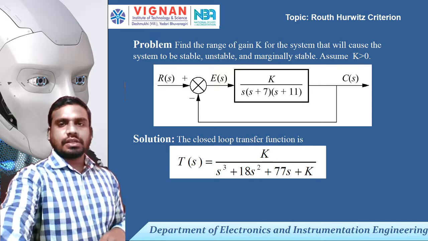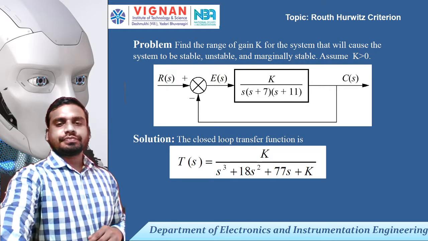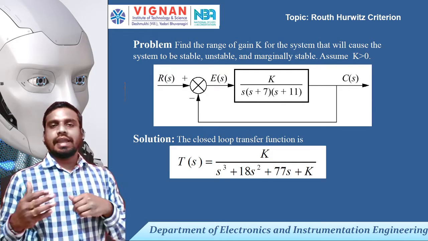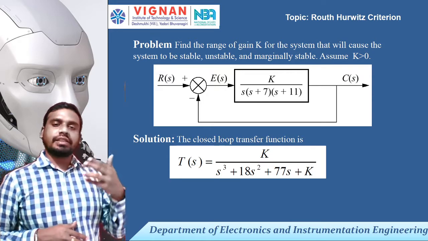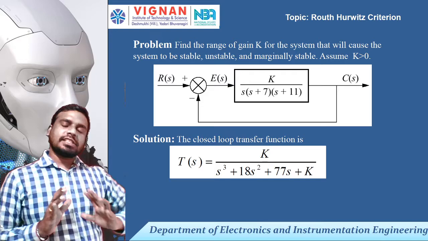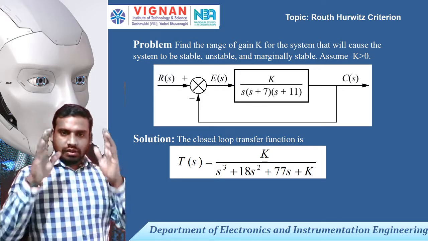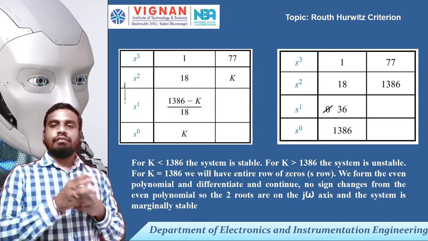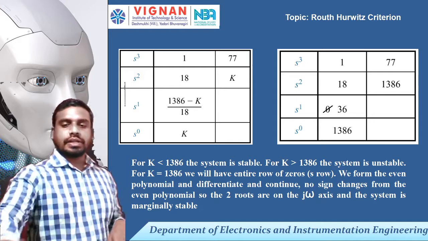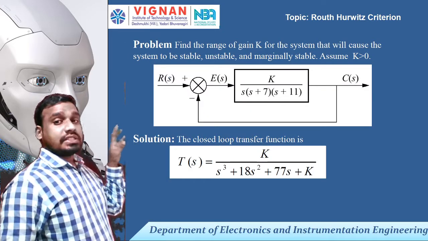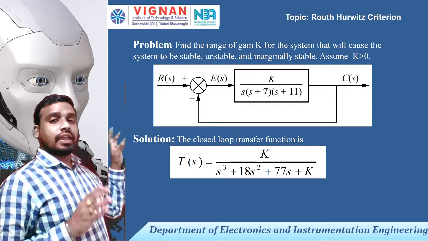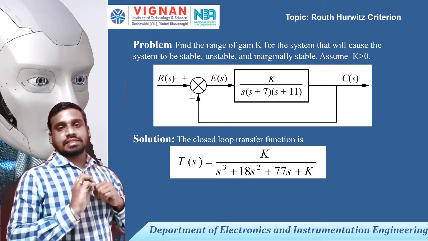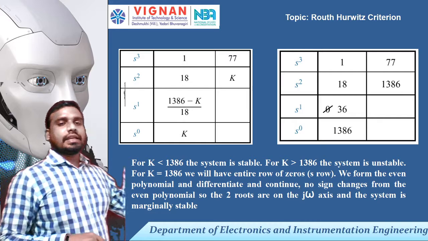So this is how we can represent the condition of stability. Sometimes they may ask you to find the range of k. This is the actual question. Usually in GATE, they may ask this kind of question. We need to estimate the value of k. They will give the open loop transfer function; convert it into the closed loop transfer function, build a Routh array. Then once you build a Routh array, form the equations, and check the values of k for which you get positive or negative. What they ask is: what is the value or range of k you select for the system to be stable, unstable, and marginally stable? For all three conditions they ask.